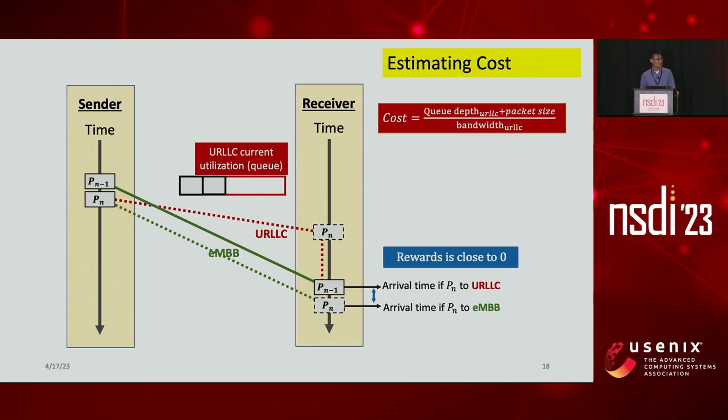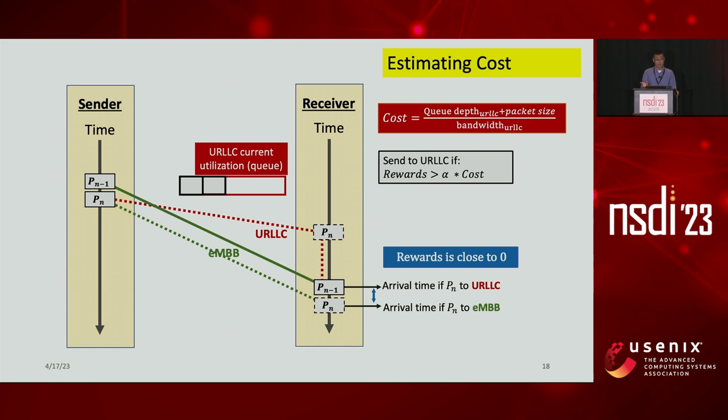Well, this is where we introduce the cost, which is tied to the current URLLC utilization, which I represent as the QDAP, the current QDAP at time t, and also the packet size. How much bigger is the packet that we want to send? And we divide it by the bandwidth, and we calculate it as a cost. So we decide to send to URLLC only if the reward is better than alpha times the cost. I introduced this alpha parameter as the balance between the reward and cost, which translates to how much cost you are willing to pay in order to get a certain bandwidth.